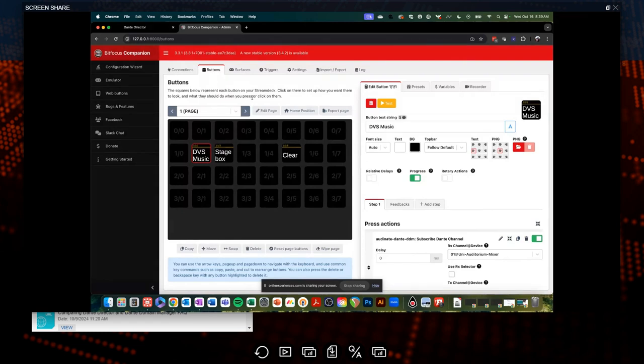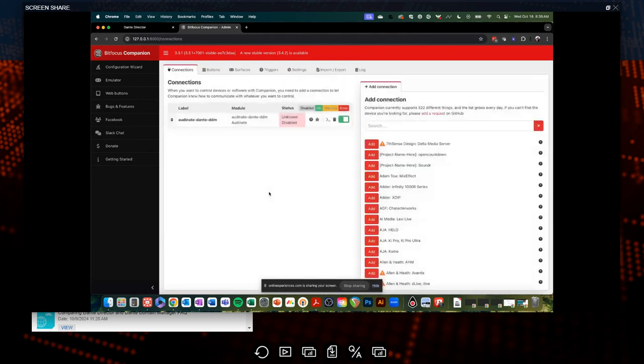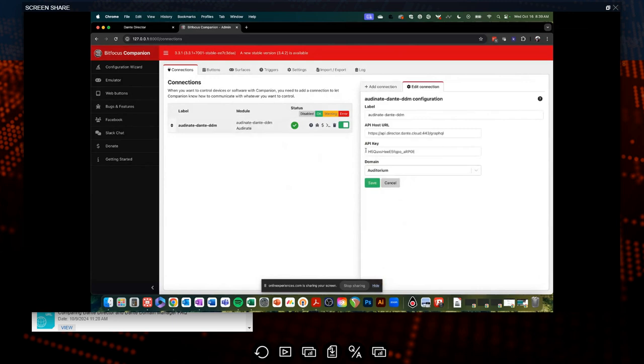properly. So if you want to create a connection, you basically come in, you choose, looks like I'm having problems with this starting. So go ahead and start my connection here. Hang on a sec here. There we go. Okay, so if I'm looking at this network here, the only thing that it requires is an API host URL and an API key. So if I come in to Director here,